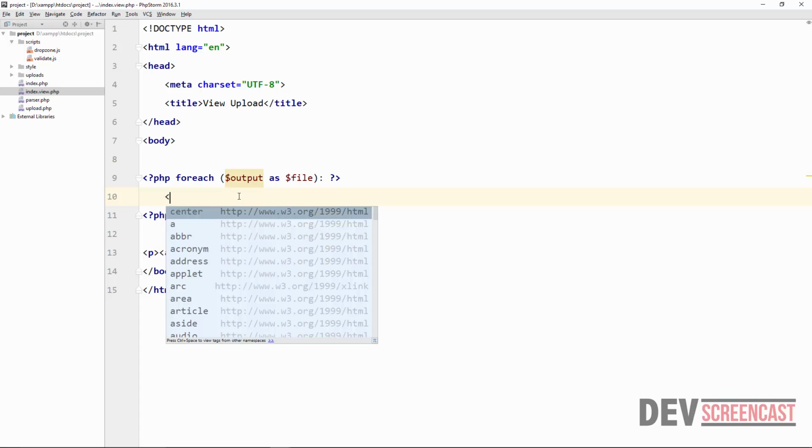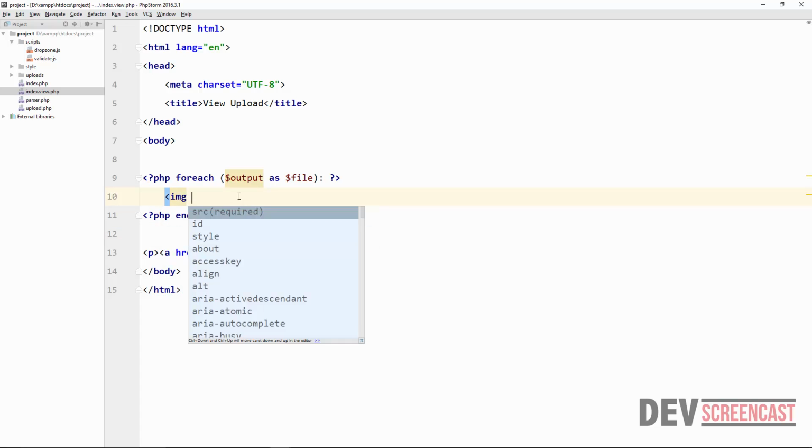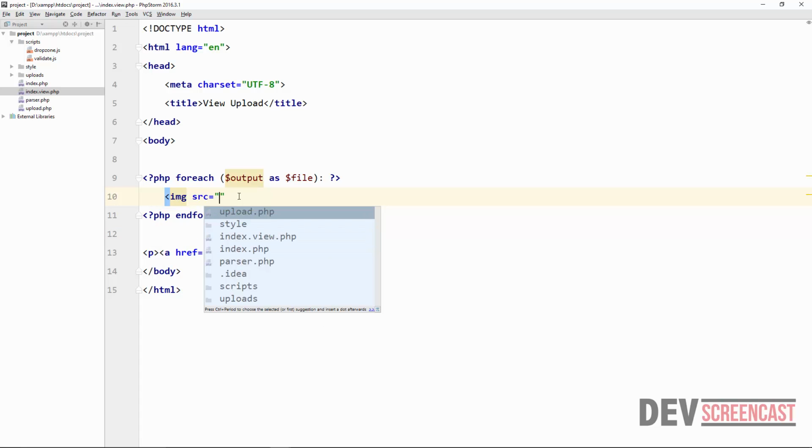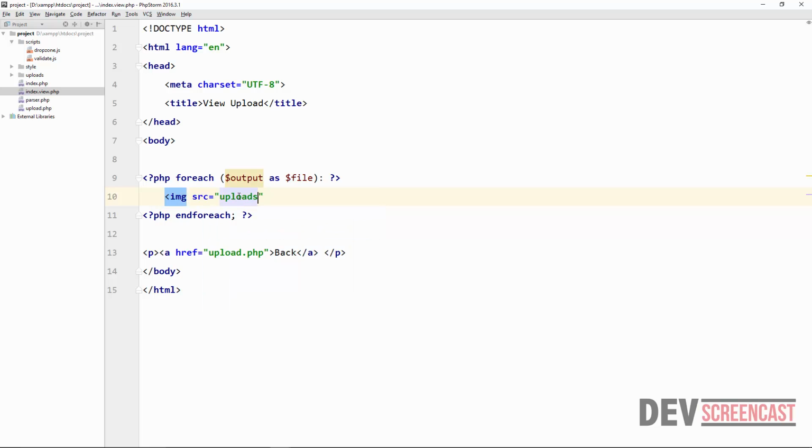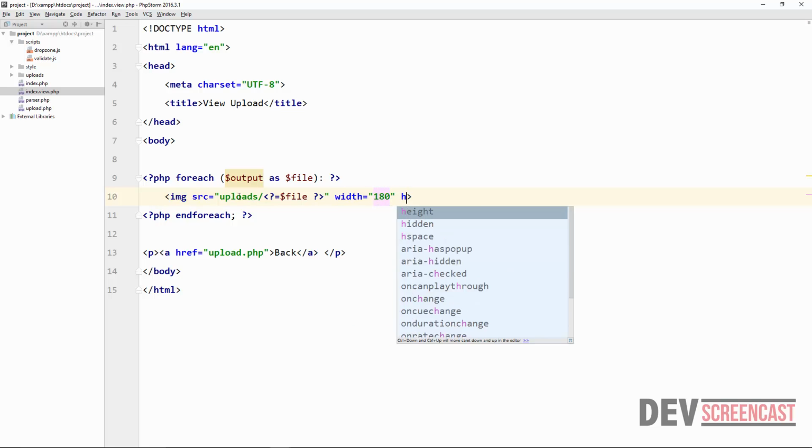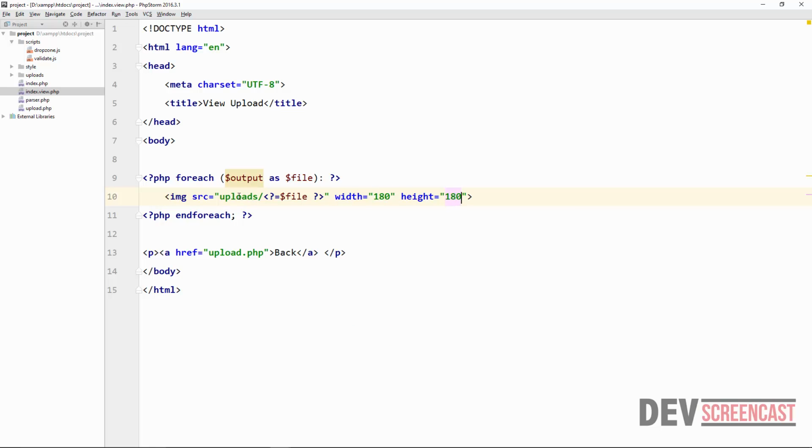So we can repeat the exact same thing that we did before, just that this time it's going to be much cleaner. So this will be uploads slash, and here we can just quickly echo out file. Okay, so we can say width 180, and then height 180. So this is going to give us the exact same thing that we had previously,